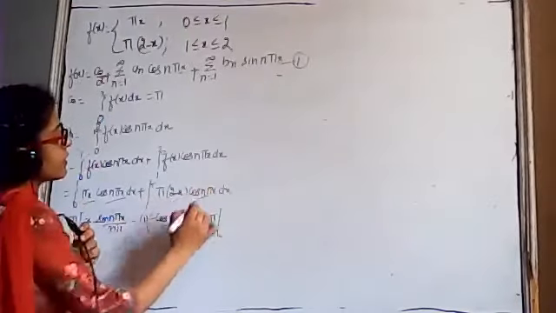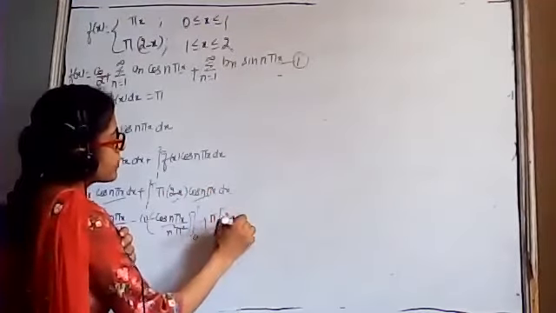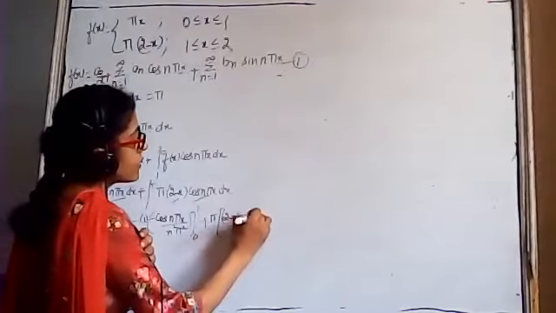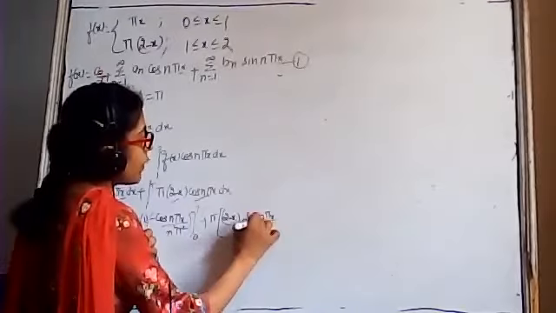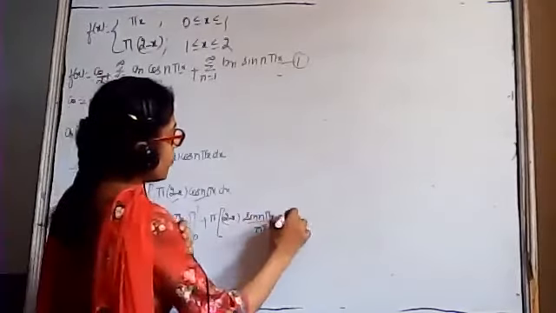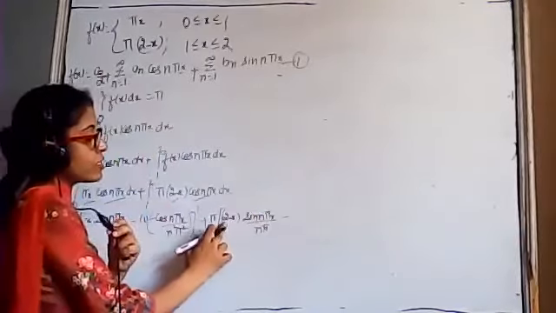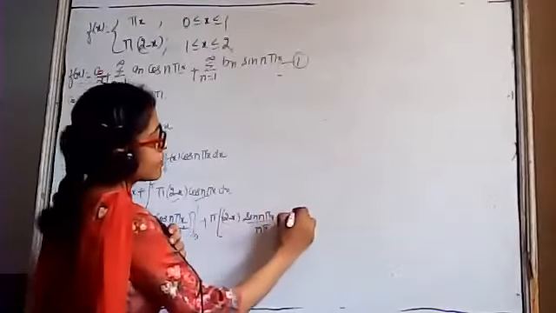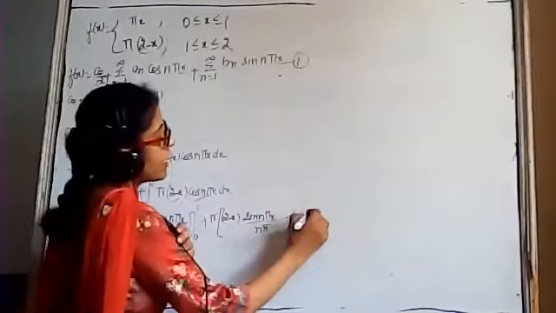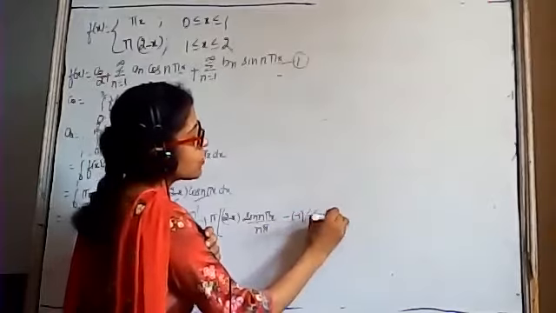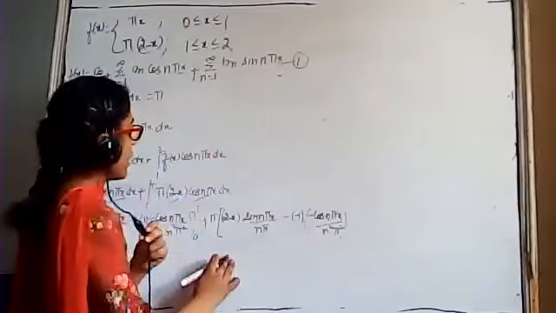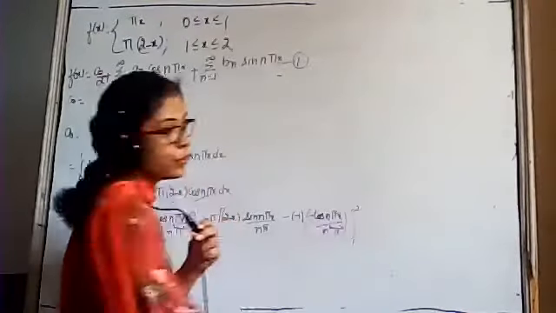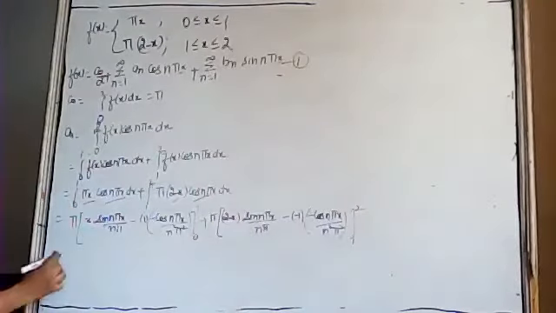Again, I am taking pi outside the integral sign. Integrate this and this. You will get (2 minus x), and integration of cos n pi x is sine of n pi x upon n pi, with minus sign, differentiation of 2 is 0 and differentiation of minus x is minus 1. And integration of sine is minus cos of n pi x upon n square pi square. And limits are from 1 to 2. Okay? So this is equal to,